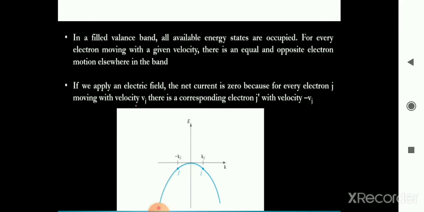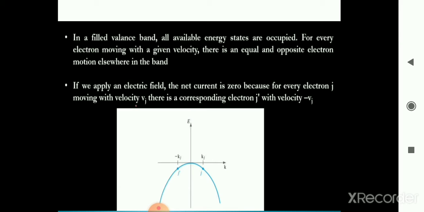That is equal and opposite electrons' motion elsewhere in the band at that particular point. See, here we are considering only the valence band. We are not discussing the conduction band. Next point, if we apply an electric field, the net current is 0,